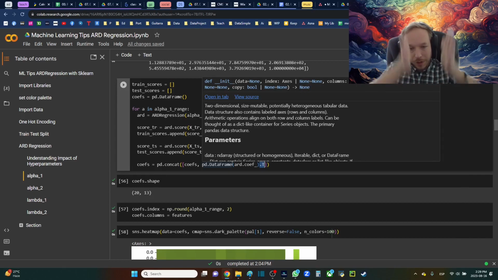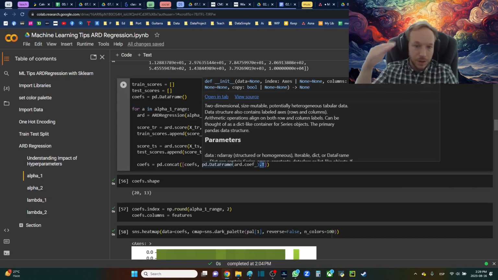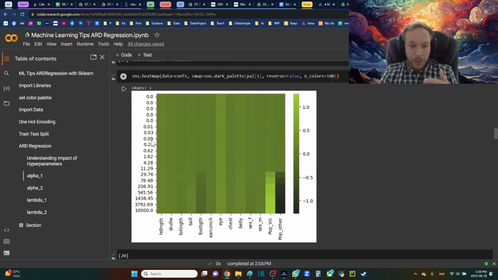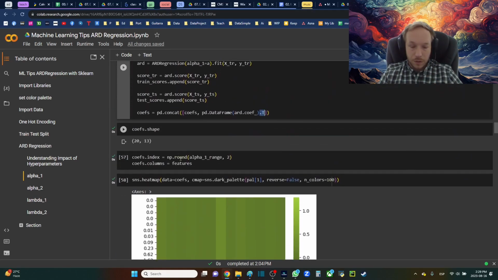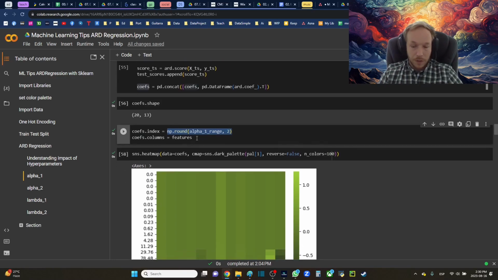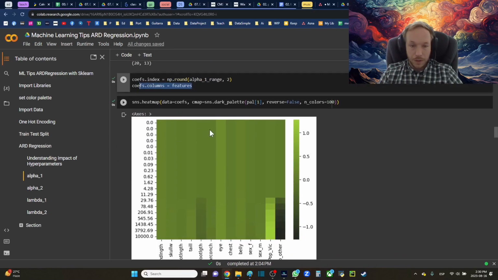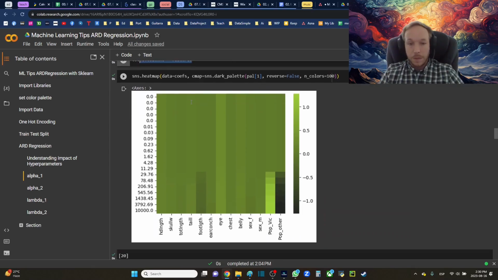Even so, it knows it's one column to get started, so I'm going to transpose it so that it goes in like a row, so that I can then do my plot right here with the magnitude of the alpha and then the coefficients here, and we can interpret this. I'm also going to put the index value of the coefficient data frame I'm building equal to the values rounded to 2 decimal places, columns equal to the features that we have from up above, making the X